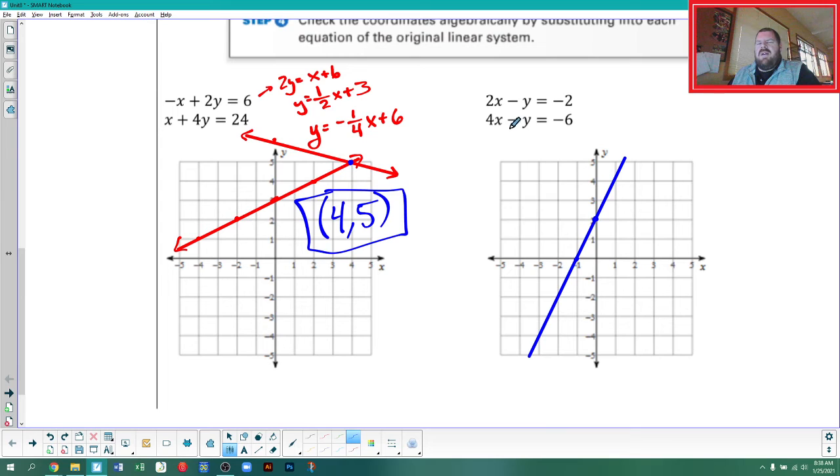Covering up the y, we get 4x equals -6, which when we divide by 4, we're going to get -3/2. And that's an x-intercept, so -3/2 is really -1.5. And then covering up the x, I get a y-intercept of +6. So kind of trying to guess again where +6 is. And even if I switch it into slope-intercept form, I'm still going to have that +6. So it's still not a great